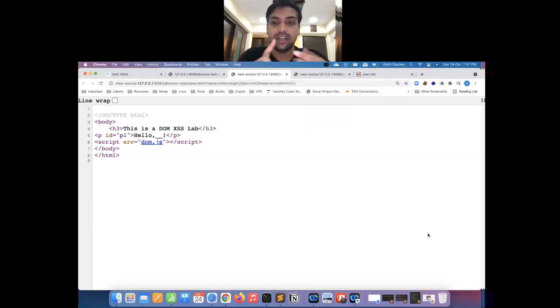Now someone asked how it can be more dangerous. You can apply the same concepts that you apply in reflected or stored XSS. You can steal cookies from DOM XSS. We already saw a cookie grabber payload in our first session, through which we were able to steal a user's cookie. You can apply the same payload over here and steal the cookie of a user, and you can compromise their whole account. This will be an ATO, which is an account takeover vulnerability for that specific website and that specific user.